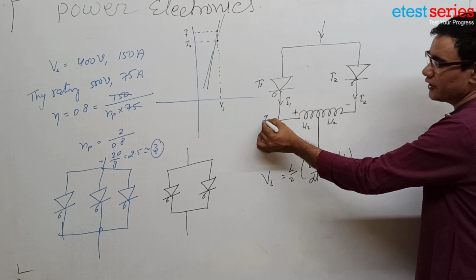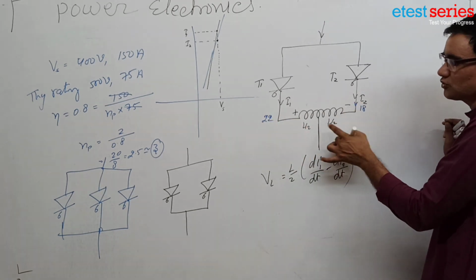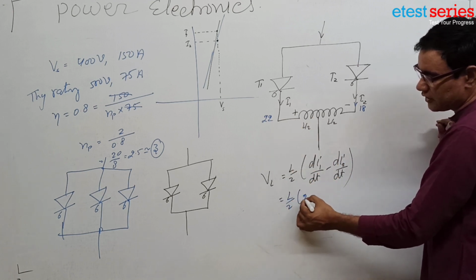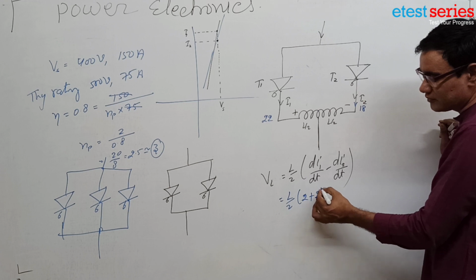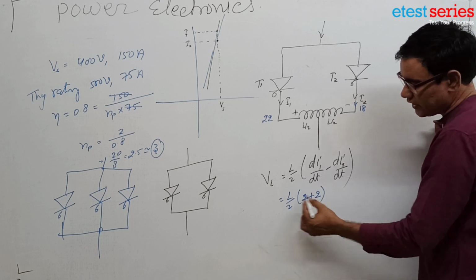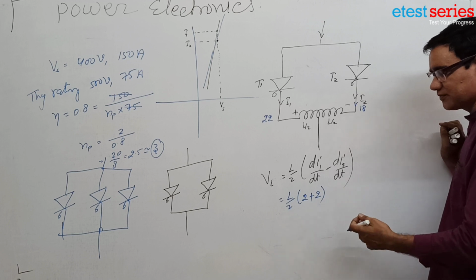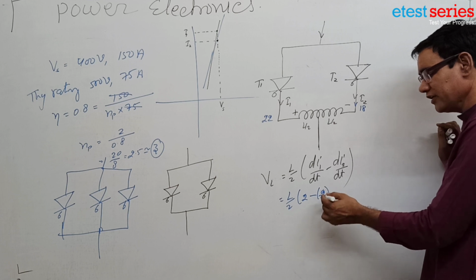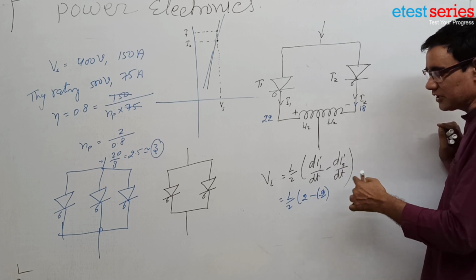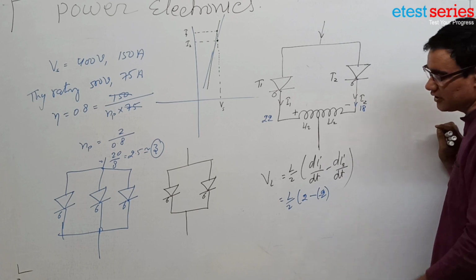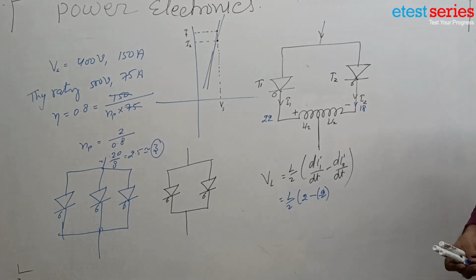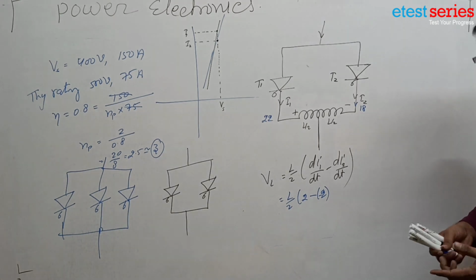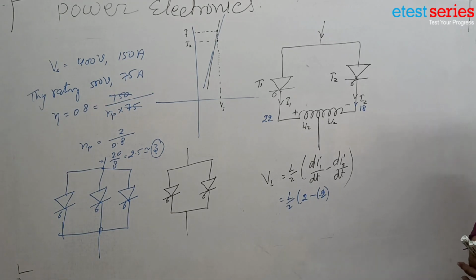Suppose here the current is 22 ampere and here the current is 18 ampere. So the rate of the current rising is twice. So this is L by 2, and this is the difference of the current, 2, so it becomes plus. So it is 4 times the twice. This current is minus 2i, the lesser current, so it is minus, and it becomes plus finally. So it supports twice: one side current is increasing, the other side current is decreasing, so minus becomes plus. So it becomes twice the difference.